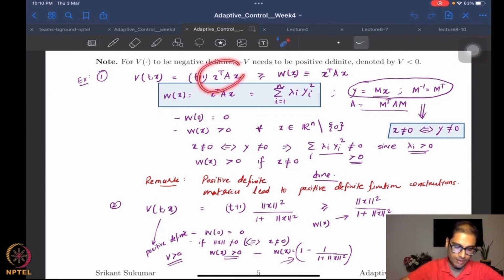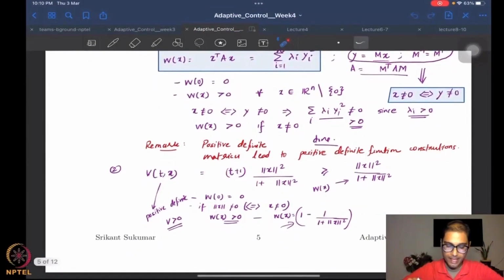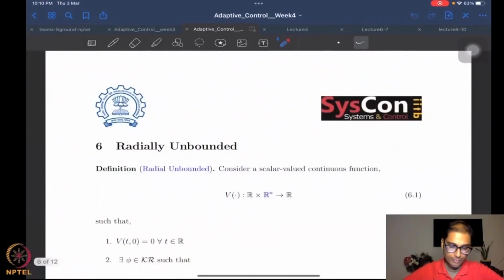And of course we saw another example for a positive definite function also. So we go ahead in this vein of discussion, and the next function is a radially unbounded function. So let's start our lecture